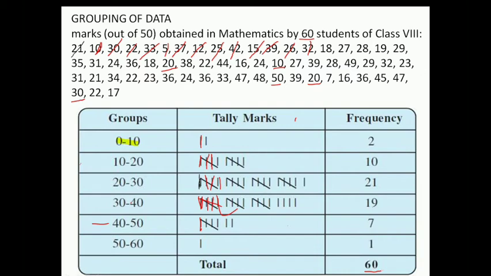So my table is correct. So this is your checking out answer, that you have to check whether what you have done is correct or not. So as like this, you can make a group of data. Data presented in this manner is said to be grouped, and the distribution obtained is called grouped frequency distribution.